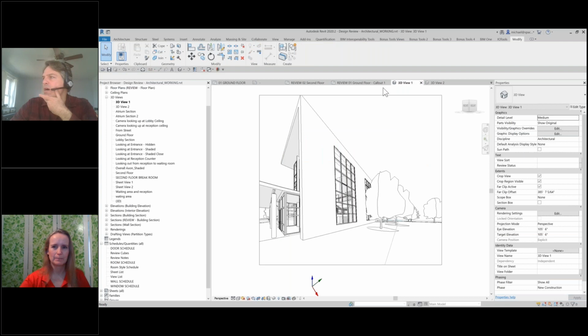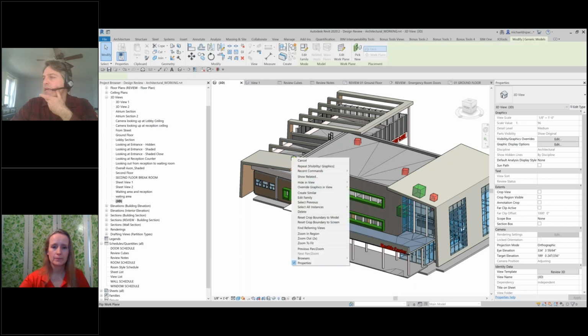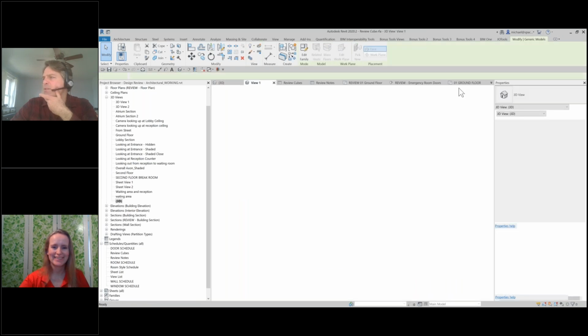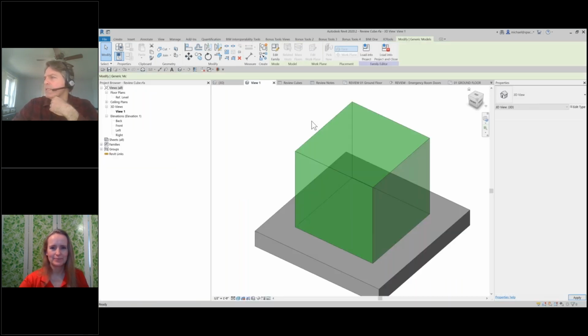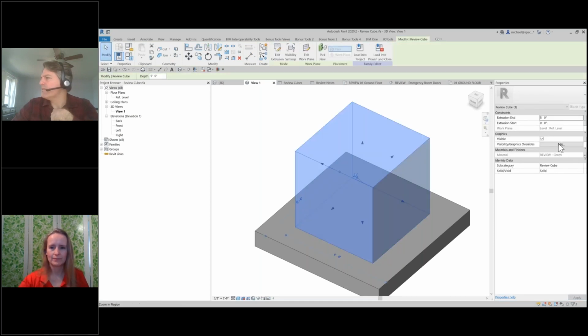Because they're actual model geometry, I don't think there's going to be a way to specify, and I could be wrong, but I don't think there's a way to make a non-plot element. Let me take a look at